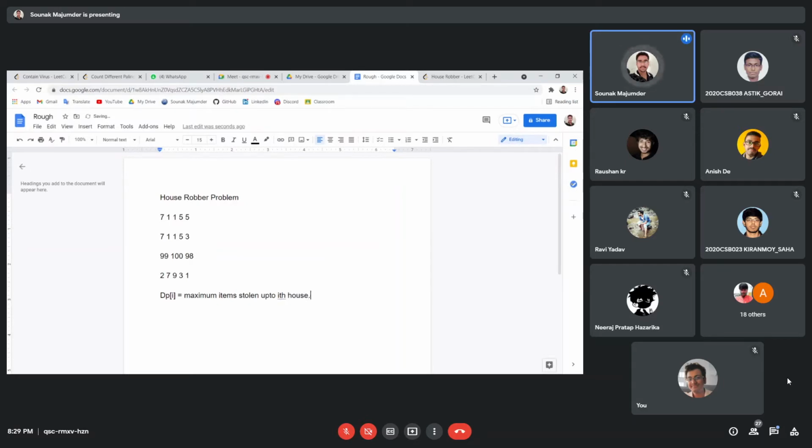So this is what DP of I is. Here DP of I is the state, the state of the ith house or up to the ith house. Now the transition function. These are the two things that you should think about while considering DP: the state and the transition function.